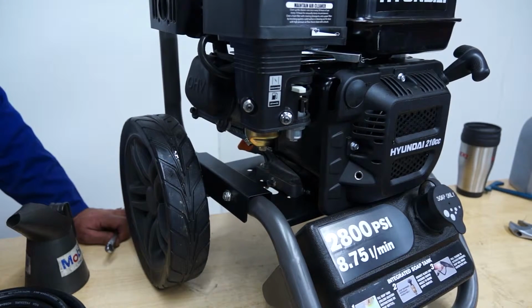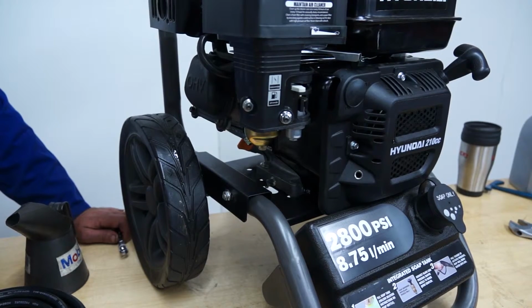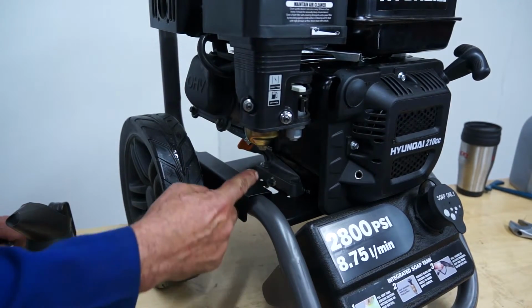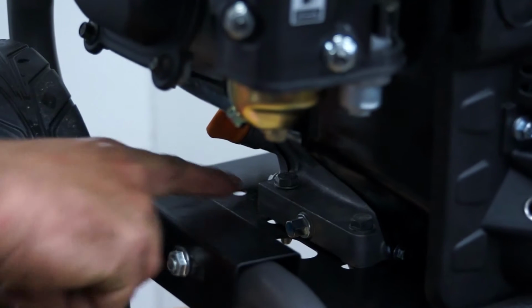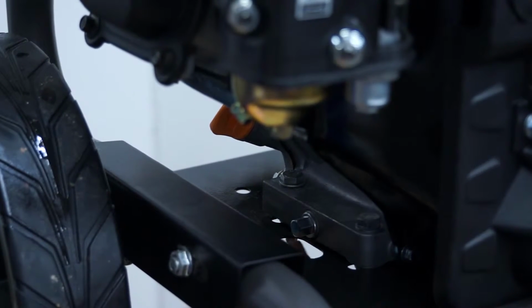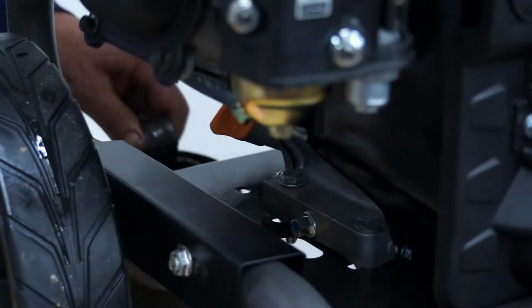Okay, the next thing we're going to do is show you how to drain the oil and refill the engine oil on your pressure washer. It's a little bit awkward to get to, but again, the engine drain plug, if we can zoom in on this, is this nut here on the side of the engine. You'll see that there's a slot underneath for you to get your spanner through and for the oil to run out of. So again, a suitable container underneath the machine,